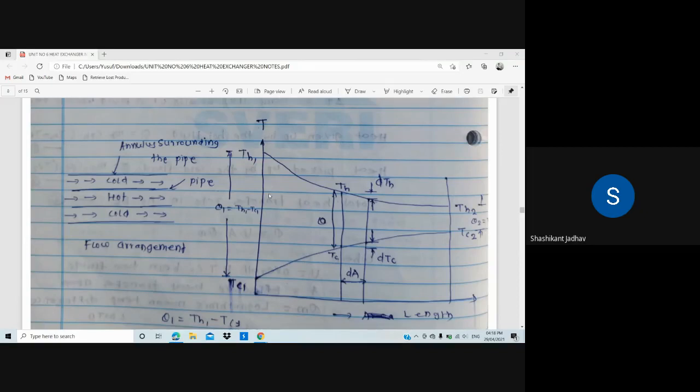We have drawn that construction diagram on the left hand side. There is hot fluid and at its surroundings cold fluid. In the diagram you may feel that these are 3 pipes. Actually there are not 3 pipes, there are only 2 pipes. At the center there is 1 pipe, and through that pipe hot fluid is moving, and at the periphery of the hot fluid there is 1 pipe, and through that pipe cold fluid is moving. Okay, so this is the cross section.